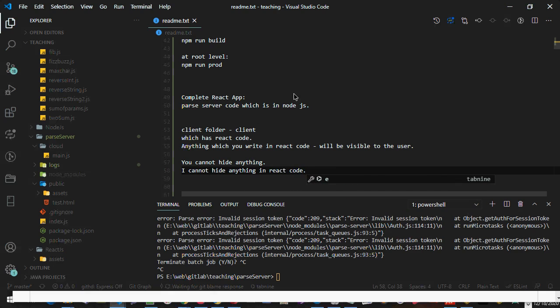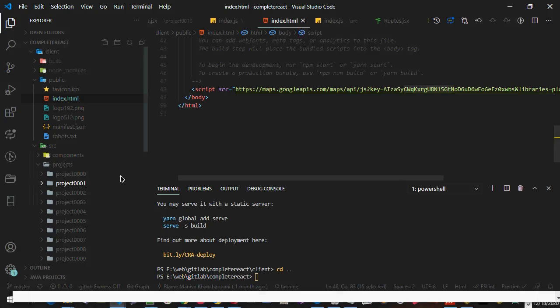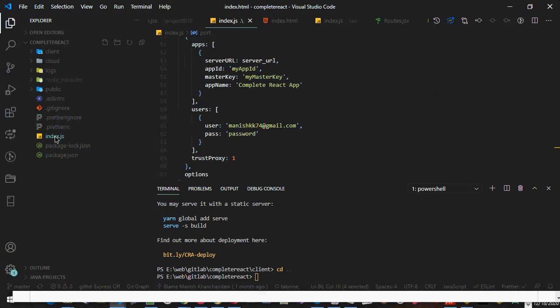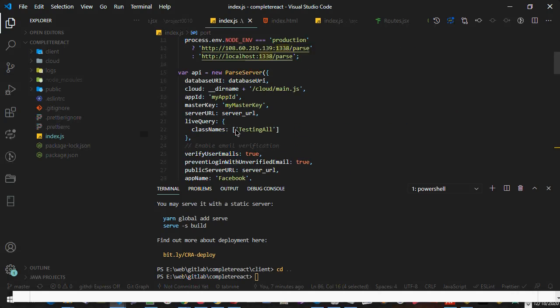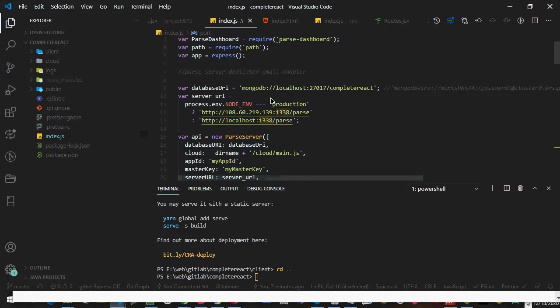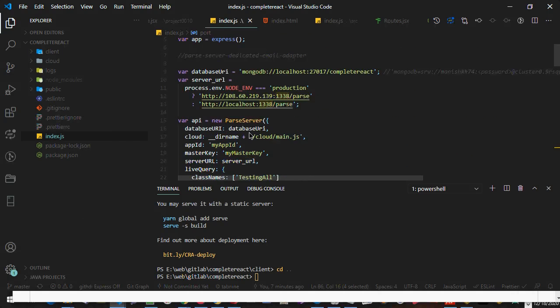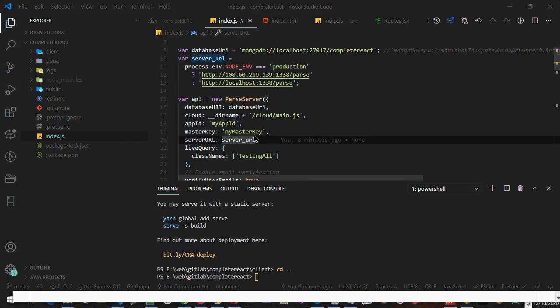But anything which I write in Node.js, so if I open the Node.js file, so this is my client side and this is index.js on the node side. Anything which I write in the Node.js, for example, I created this master key. So this master key is written in the Node.js. This is in Node.js and nobody can steal my variables. So whatever I write in Node.js